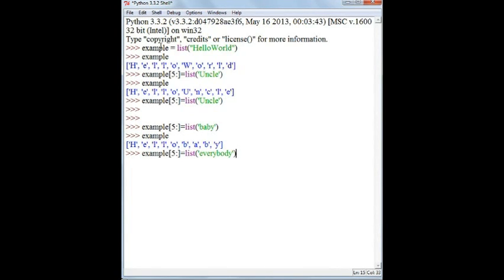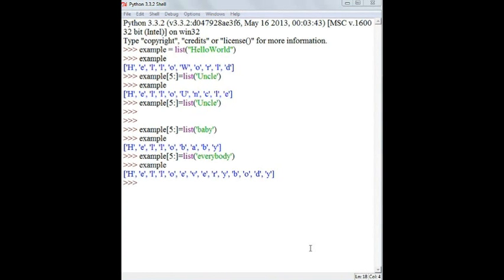You might be thinking that a shorter word does not create a problem because the list is already defined to 10 characters, and we have only reduced it by 1 character. So what if I increase the number of characters? Okay, so I have increased the number of characters. You can see that the number of characters also increases without any problem. So let's move forward.